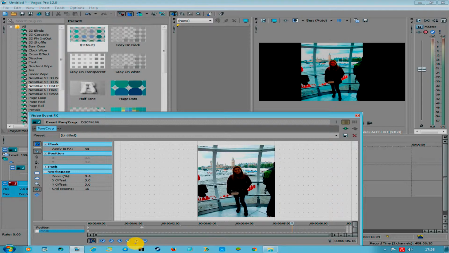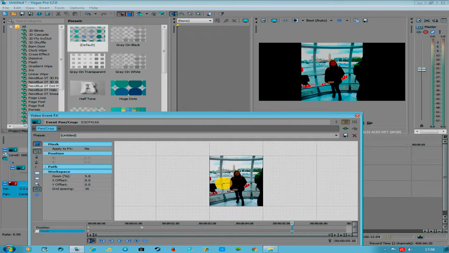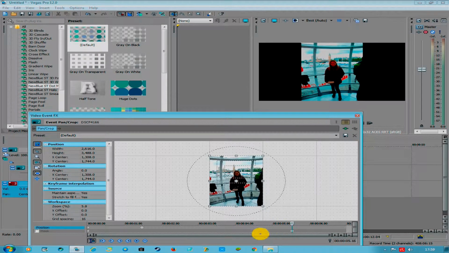That will do nicely. Oh, hang on, this is the wrong spot. Should be on the position, not on the mask. So if we zoom in on my lovely wife,